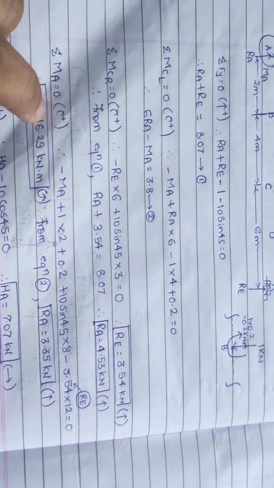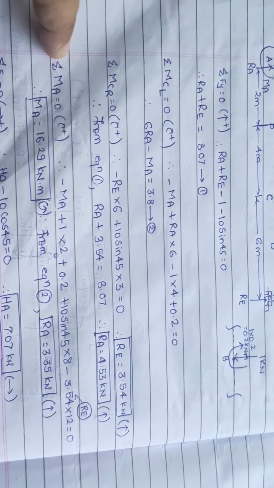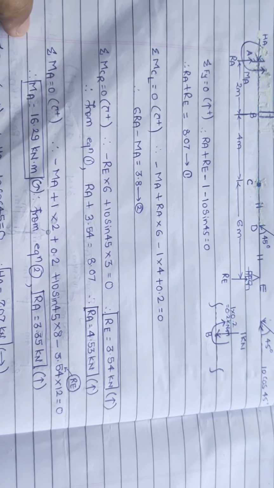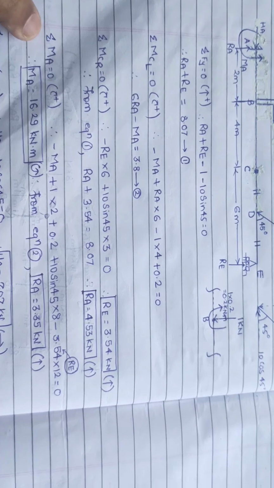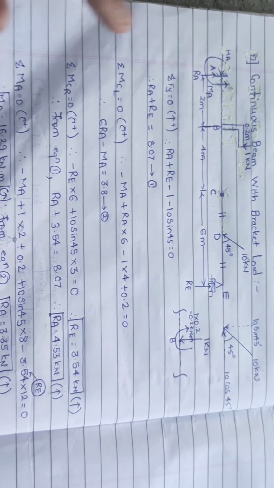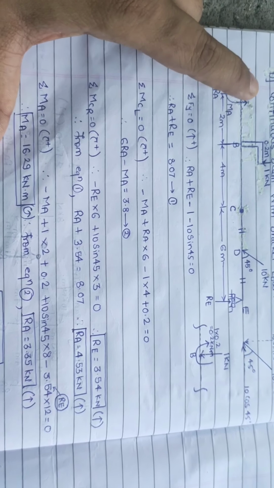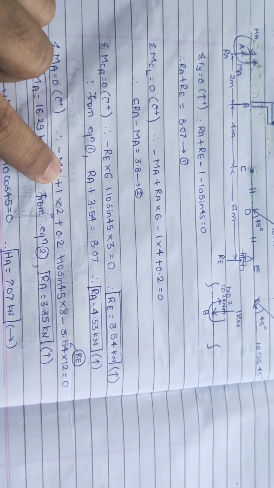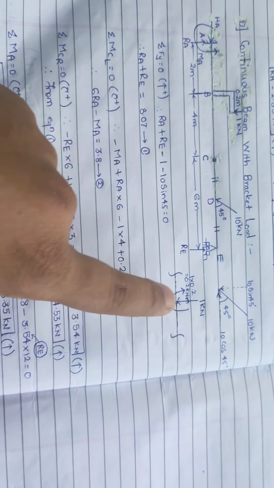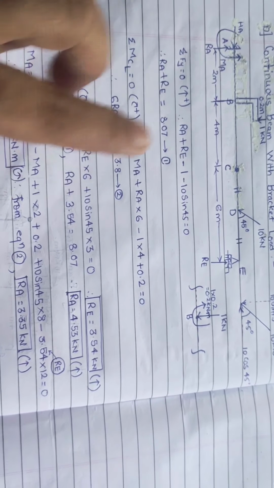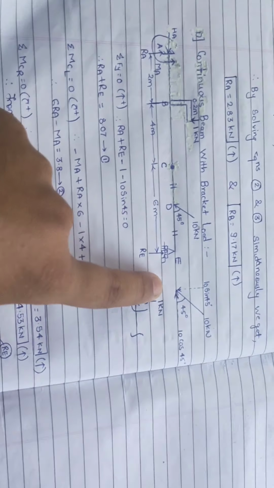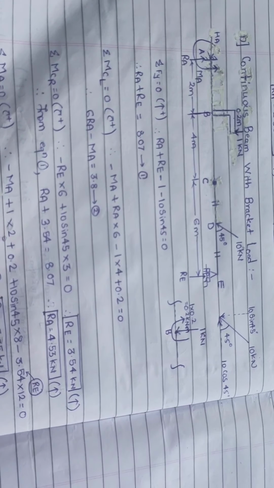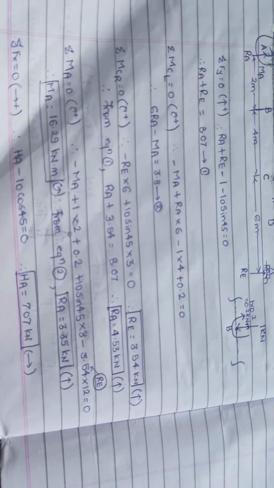Then the last thing I have to do is summation moment at A equal to 0. Last, because finding the horizontal reaction is not that tough, even nothing is tough over here. So summation moment at A equal to 0 when I take, MA I have to obviously consider, so anti-clockwise, minus, I am taking clockwise positive again. Then this 1 going clockwise, so 1 into distance; you can notice this 1 kilonewton load is at point B, so 1 into 2. Okay,